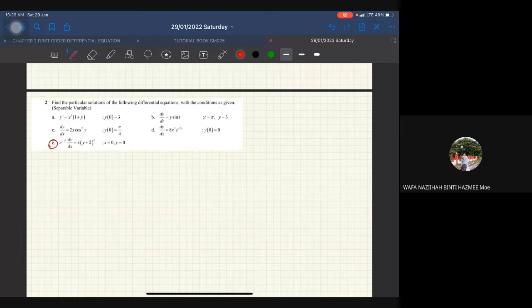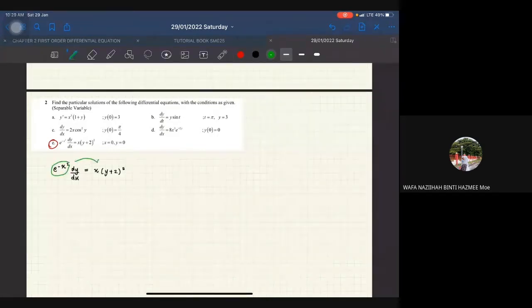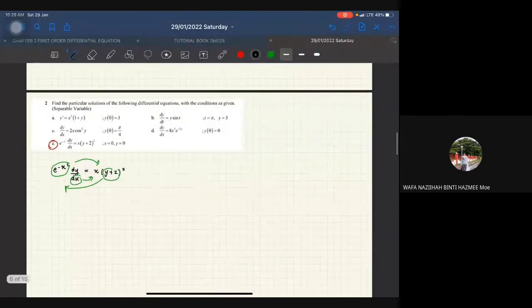Okay. So, saya salin balik soalan. So, we have e power of negative x squared dy dx is equal to x y plus 2 square. Okay, so y belah kiri, x belah kanan. Alright, so kita terus pisahkan. This is x punya, so dia duduk belah kanan. Ni y punya, dia duduk belah kiri. And ni pun duduk belah kanan. Okay, so awak akan dapat kat sini